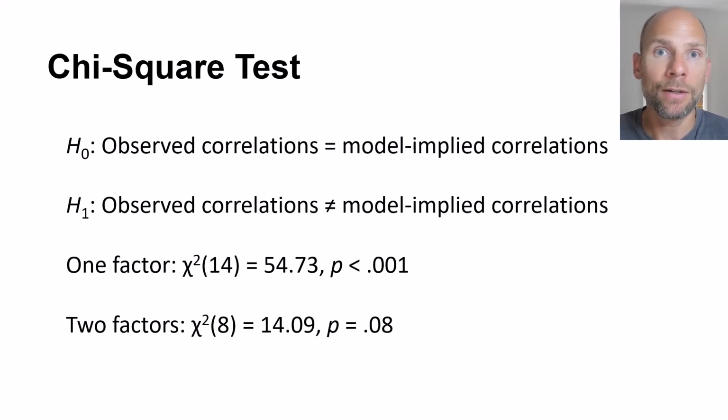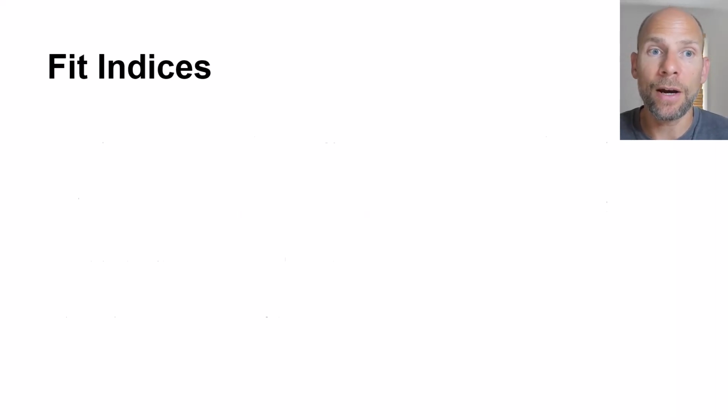It's not falsified based on the chi-square test, so we may accept that model, at least unless we have other criteria that speak against a two-factor solution here. Other than the chi-square test of model fit, there are also other fit indices or fit statistics, and the reason for that is that the chi-square test of model fit can be very sensitive to a model misspecification, even minor